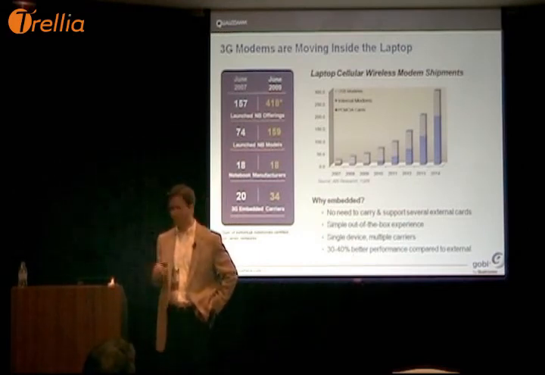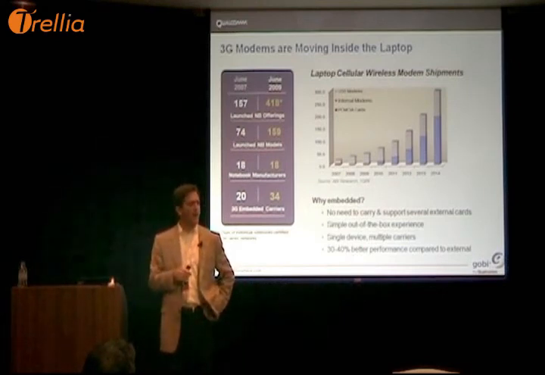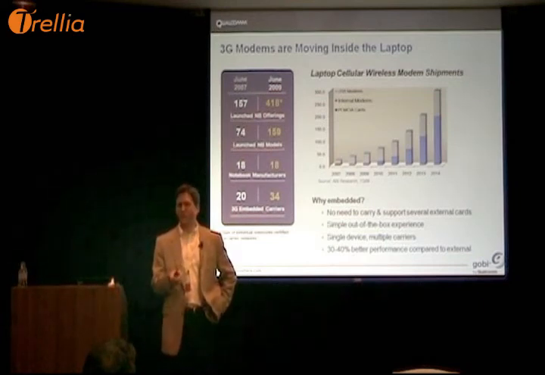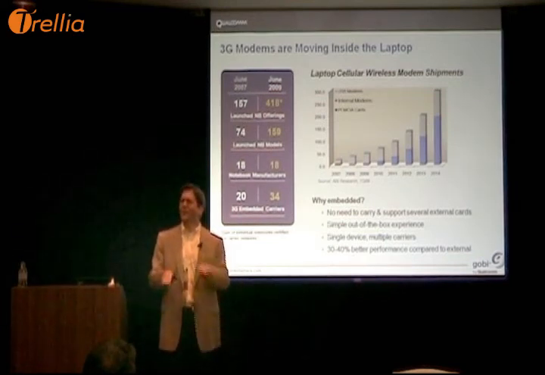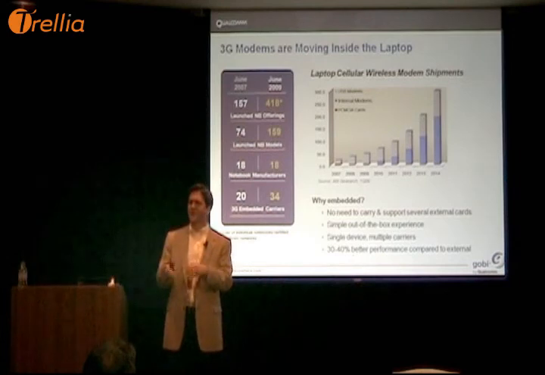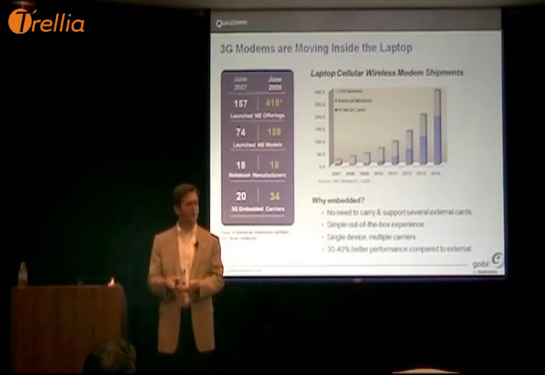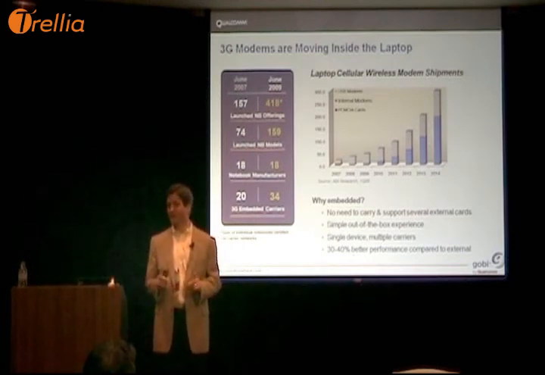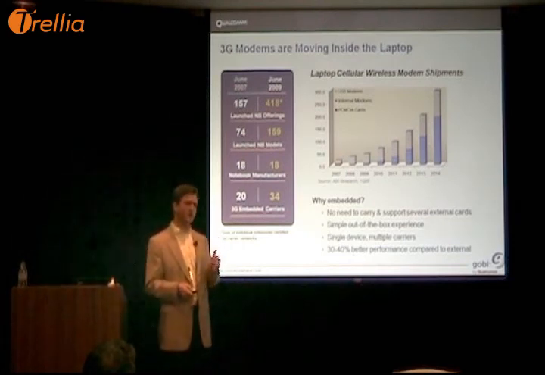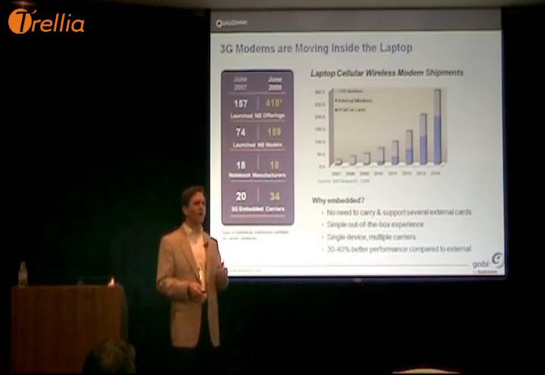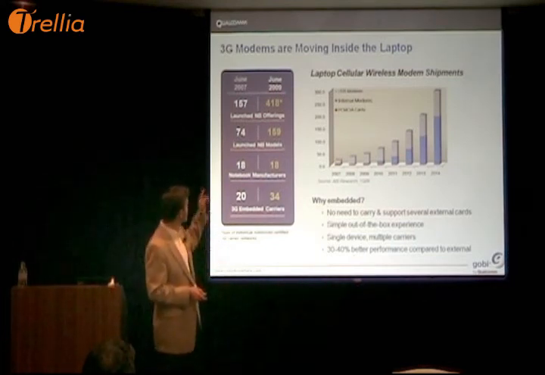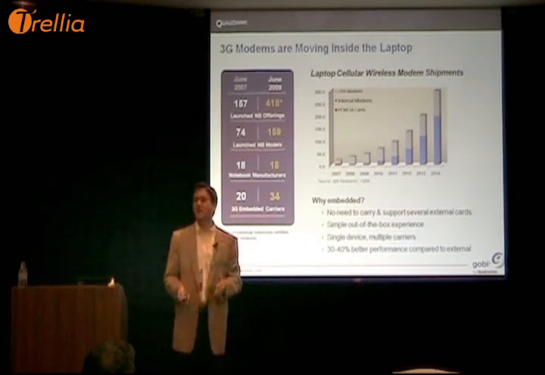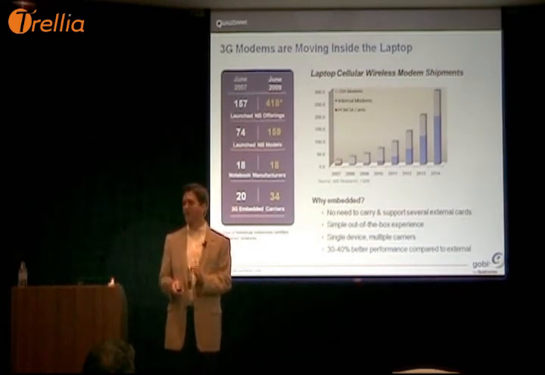The other thing is just simple performance. If you look at the integrated compared to external, now you have antennas that are integrated in the lid of the laptop. This improves performance anywhere from 30 to 40%. And if you think about the RF characteristics, it makes sense because that motherboard is a very, very noisy environment. By getting sufficient isolation from the motherboard, you're increasing the performance of the laptop itself. So for that reason, it's a trend you should watch very closely as more and more laptops will offer built-in. From June 2007 to today, in 2009, it's more than doubled the number of SKUs, laptop models available in the market today.